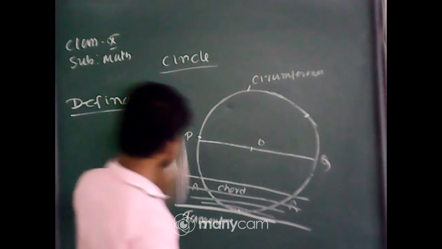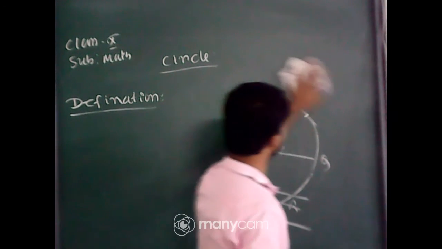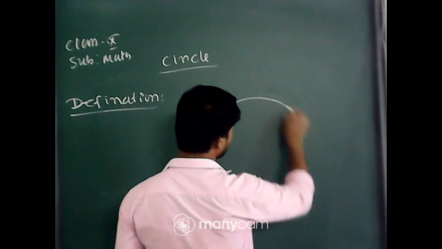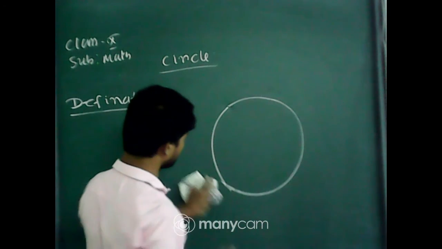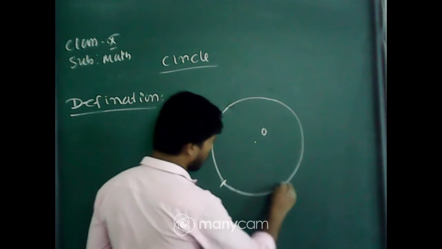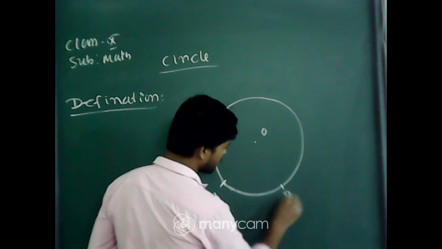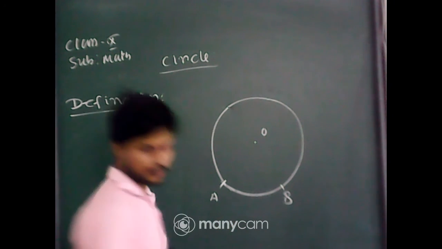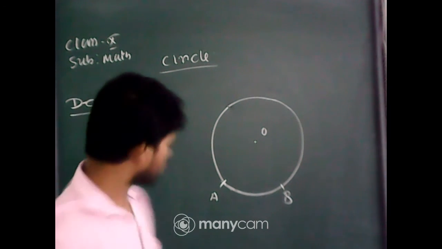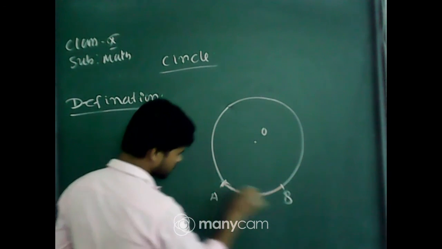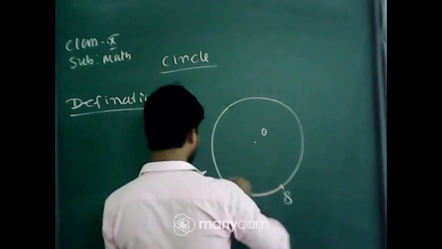Okay, so tangent is done. Now we'll define, let this be a circle with center O. If I take 2 points, one point is A, one point is B. These 2 points A and B actually divide the circle into two parts. One is this part, I have colored chalk, I am coloring this portion, you can see the red portion, and one is this portion.